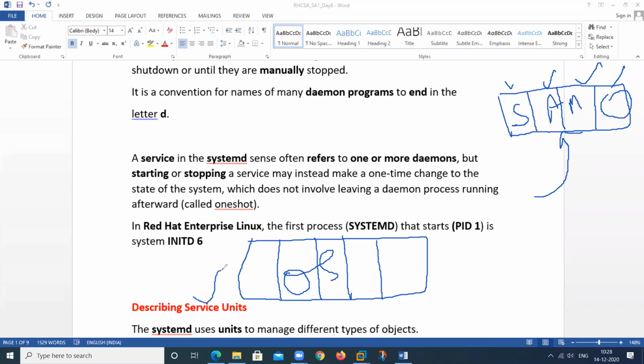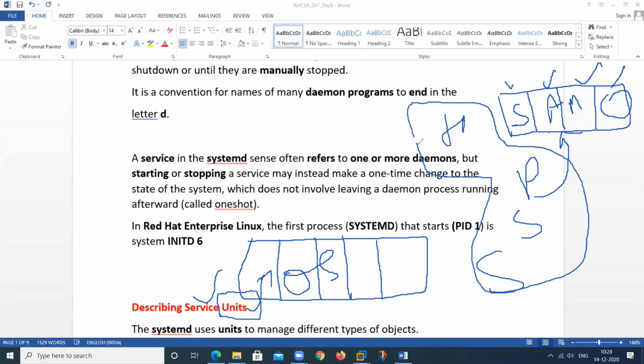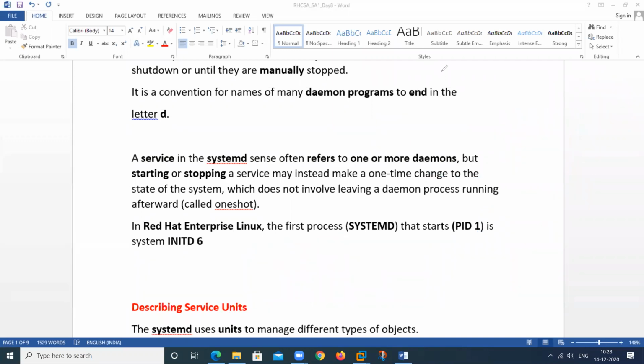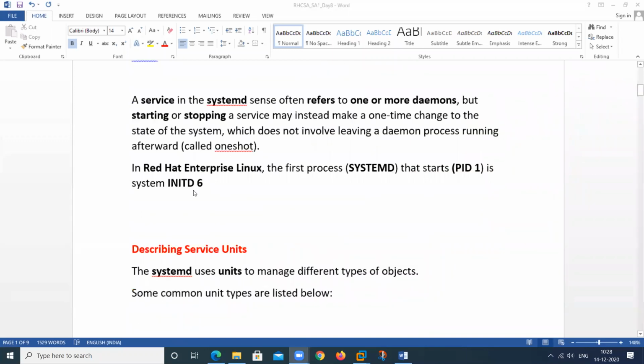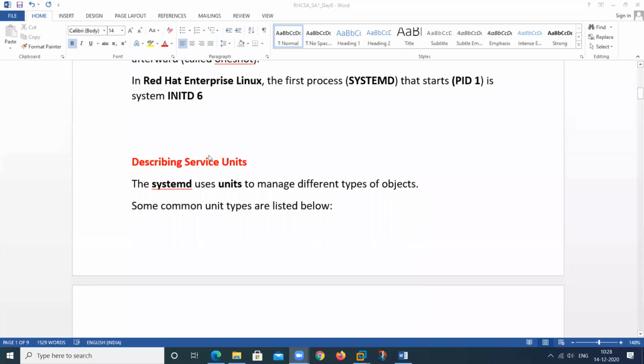So we have another concept that is called units. To control the services, the unit name will be required. It's a service, it's a socket, it's a path, and it's a target. So we have different types of units, and every particular unit has a different name. So I will show you the units, describing the service units.